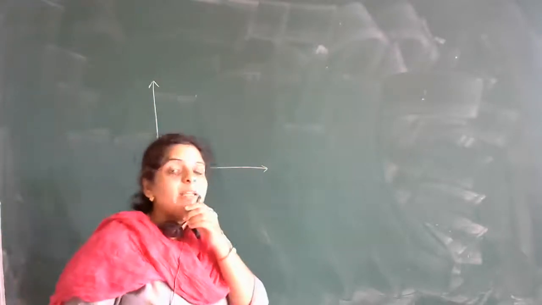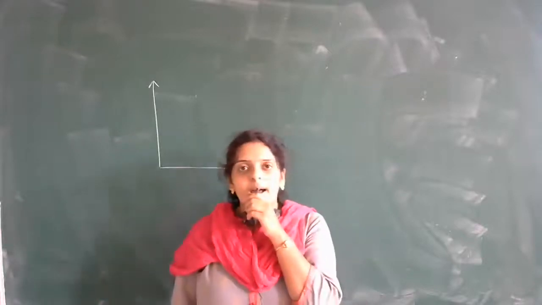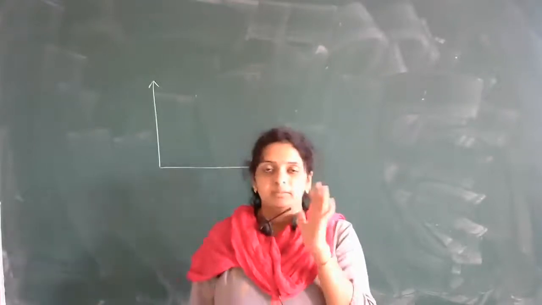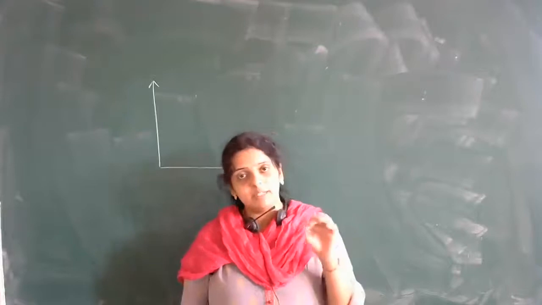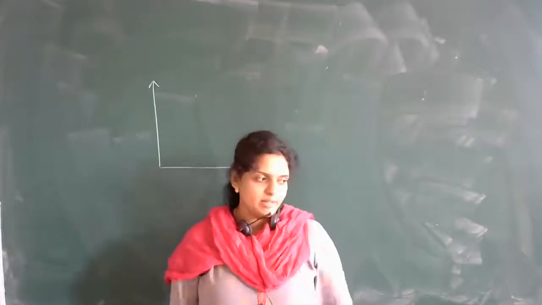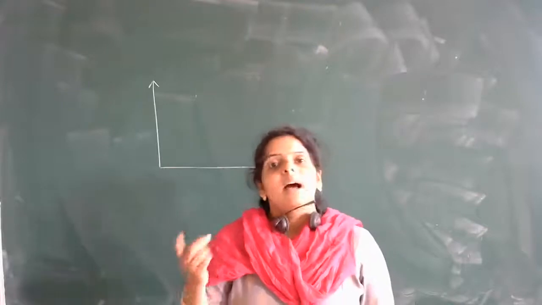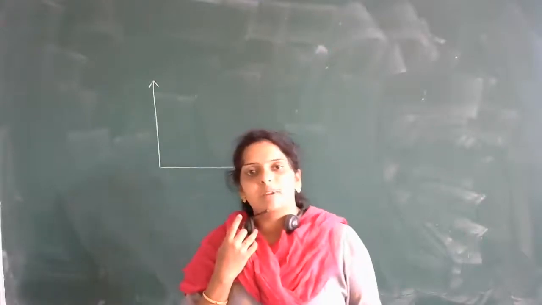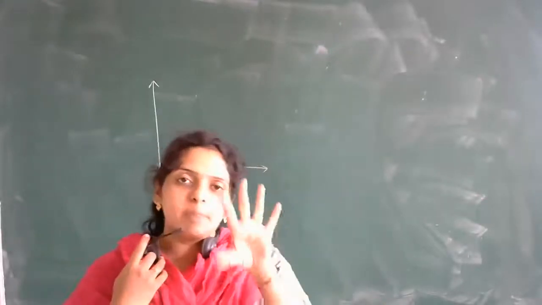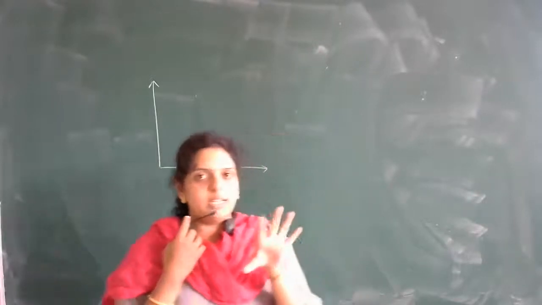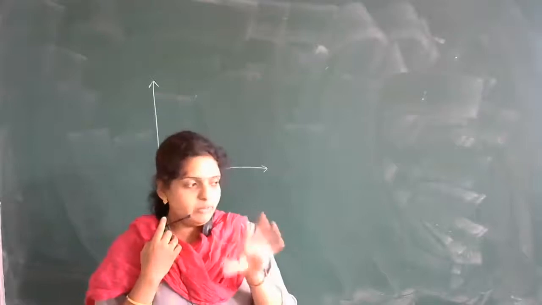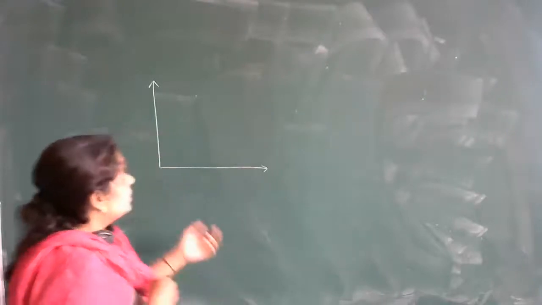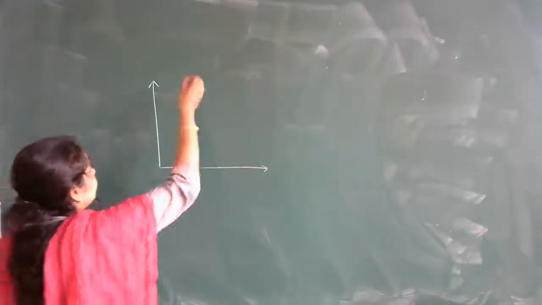In the exam, read the question properly. In one of the years they asked a 5 marks question, derive the kinematic equations. If the question is like this, then you need to derive all the three equations. If they specify either derive s is equal to ut plus half at square, or v is equal to u plus at, or v square minus u square is equal to 2as, then you have to do only that one. If it is not specified, then you need to do all the three. So listen carefully, it is a very simple derivation. You only need to apply a little mathematics. Other than that, nothing is there in this.